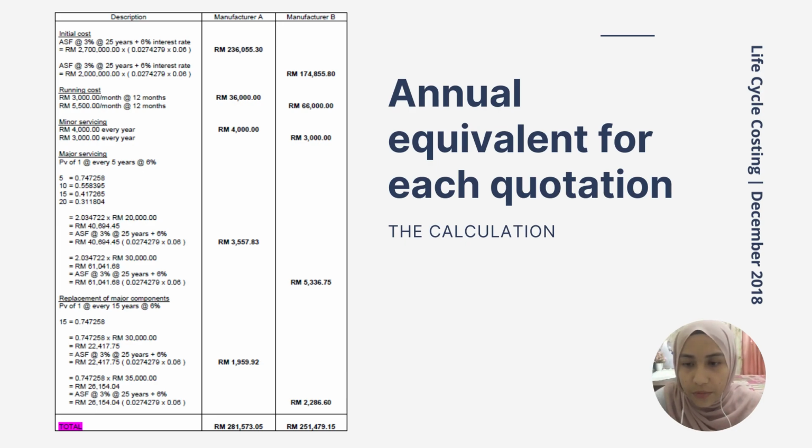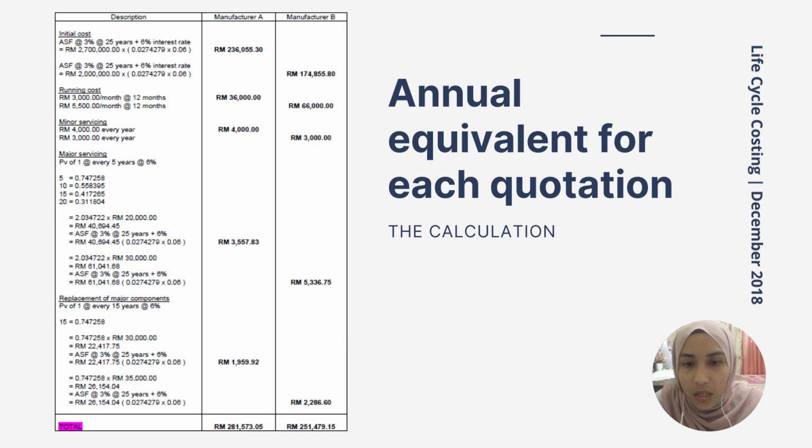So PV of 1 for every 15 years and at 6% interest rate is 0.747258, and manufacturer A is RM 30,000 times 15 years PV of 1 equal to 22,417 and 75 cents. Then formula annual sinking fund at 3% at 25 years plus 6% interest rate and